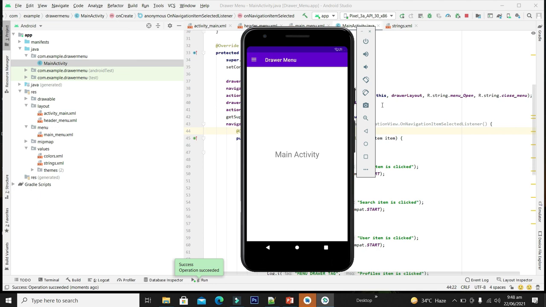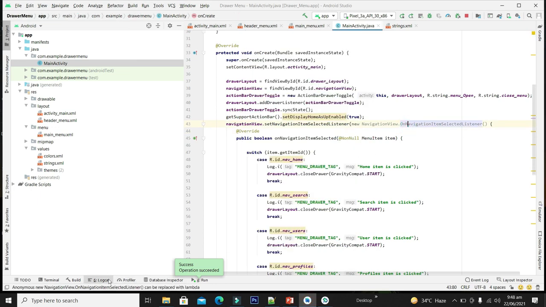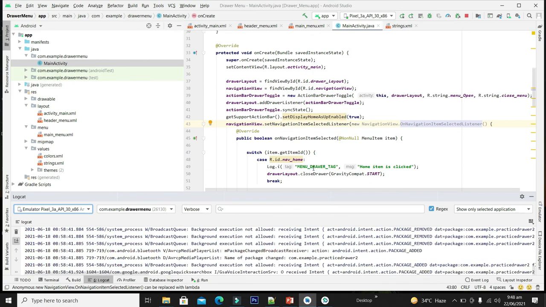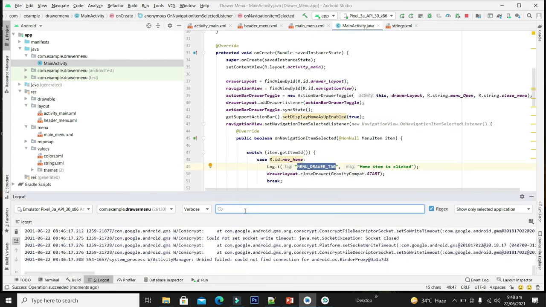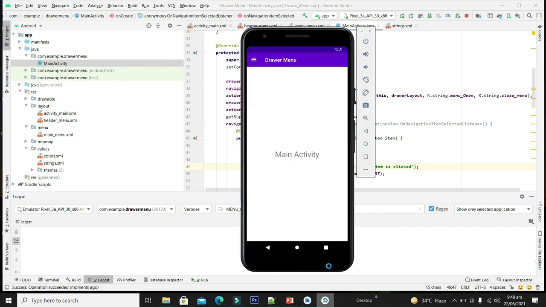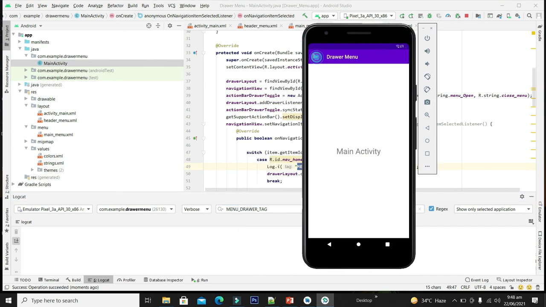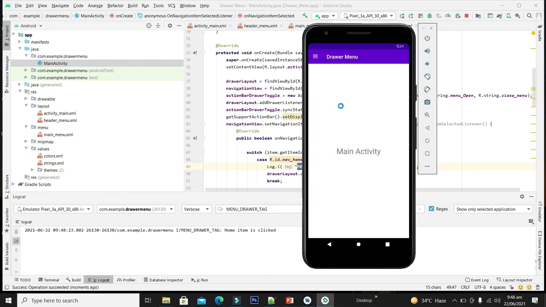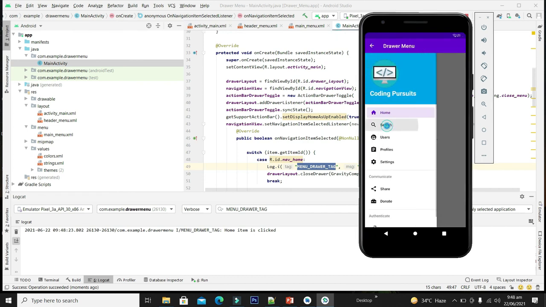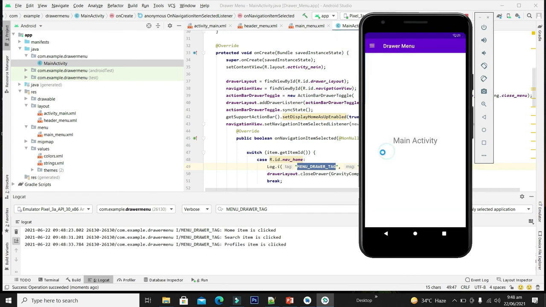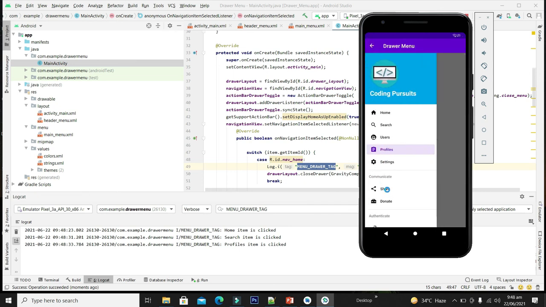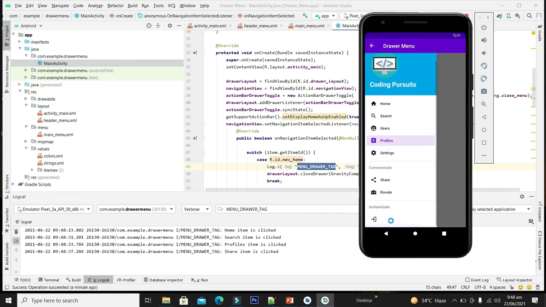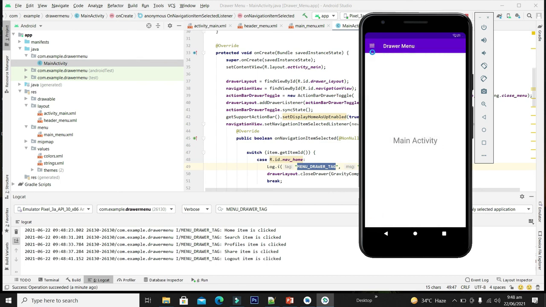So guys, we can see our application in action here. First of all, before testing, we will launch the logcat and filter our tag here. Now when I click on this toggle button, you can see our navigation view is opened here, and when I select home, you can see our navigation is closed and we are receiving the home item clicked message. In the same way, we can test every item: profiles, the other groups, communicate, and authenticate logout as well.